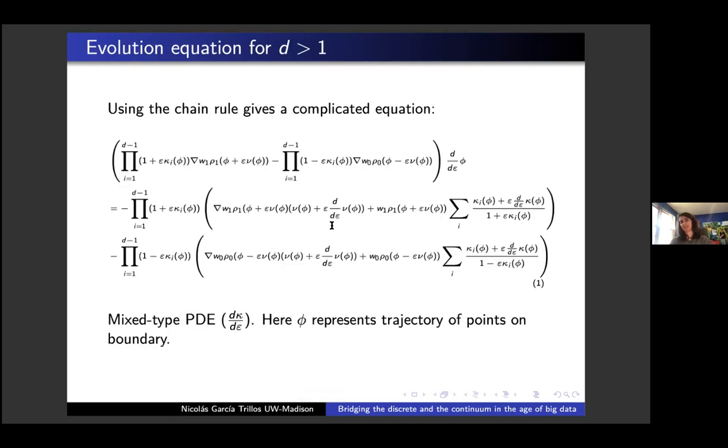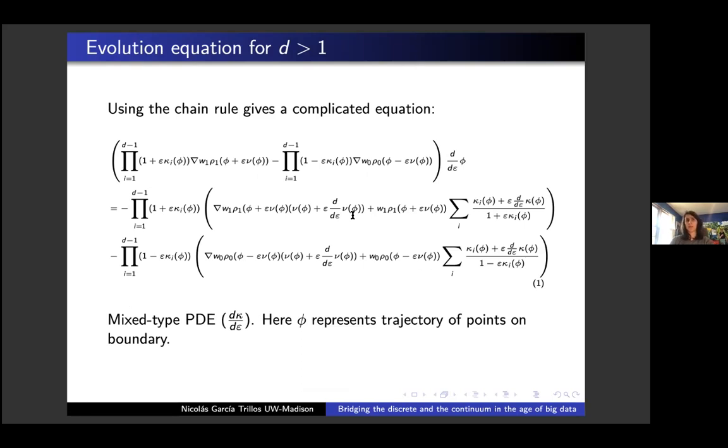Take derivatives, you're going to get something horrible. It's going to look something like this. In particular, you're going to have a mixed type PDE. That means the curvature, of course, is changing. There you have derivatives in terms of space, and then you have derivatives with respect to epsilon. So it's kind of difficult to keep track of what's going on here. But at least we're trying to get some intuition. What are we doing when we're